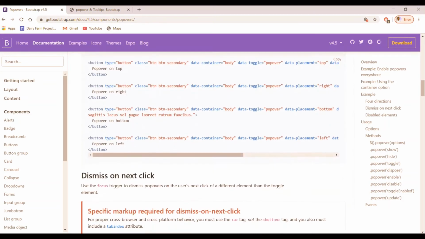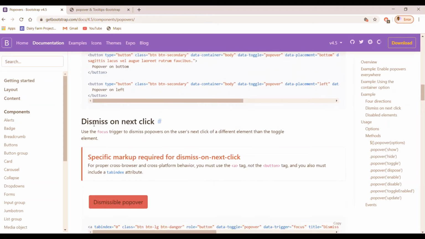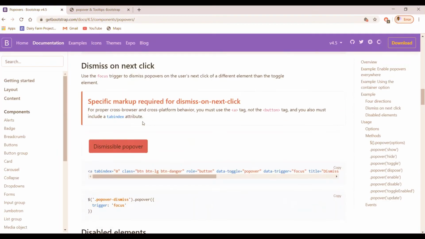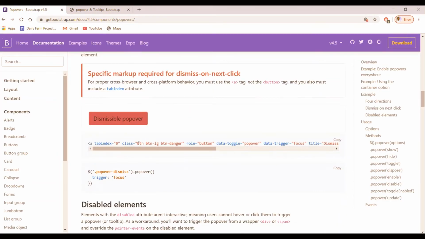So for direction popover we can use dismiss on next click. Okay, we see over this, if we click this popover appears, if we click on this it also appears over there, if we click on this it also appears. So if we want to make it dismiss on the next click, what we have to do is tab index this,